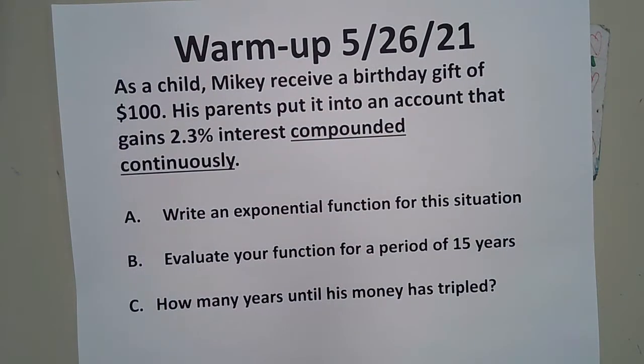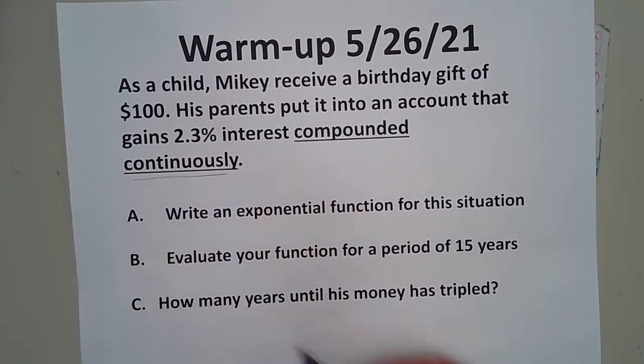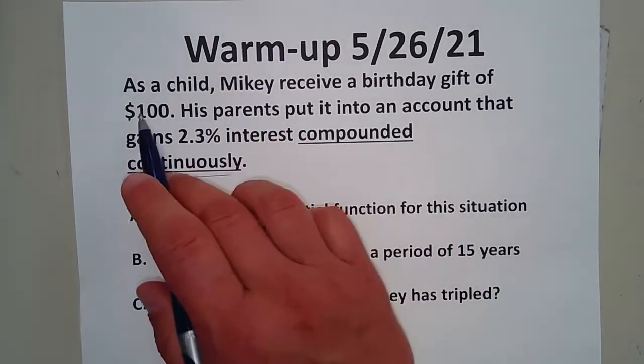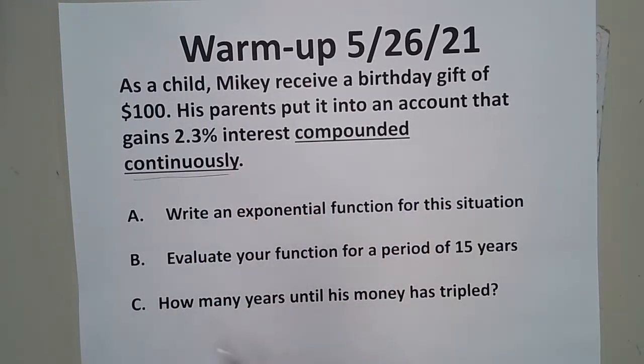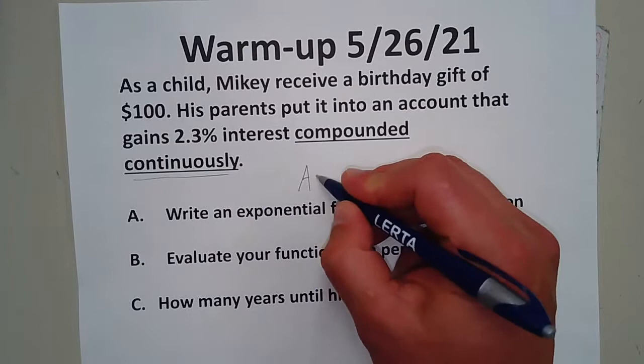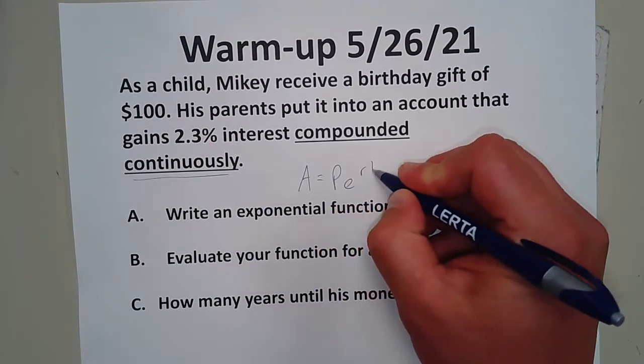All right, so this problem is almost identical to the warm-up from yesterday, with the exception that it's compounded continuously. We got Mikey, got his $100, 2.3% interest. Yesterday's was compounded daily. Today's is compounded continuously, which is the new formula we learned yesterday, which is our PERT